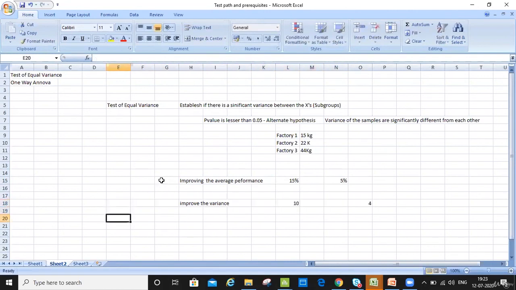So let's take an example here. There are three different managers. Manager 1, okay. So I have their